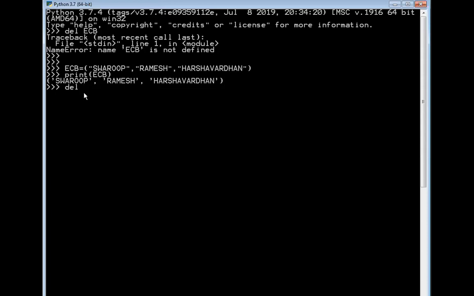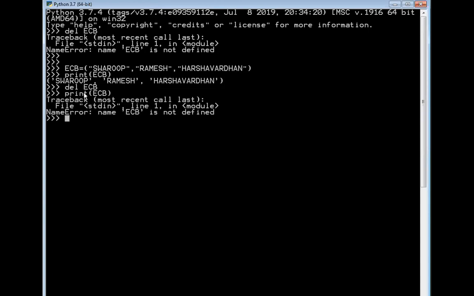The tuple name that I have given here is ECB. After using this del command, when I try to print ECB, you will clearly notice that you will get an error.